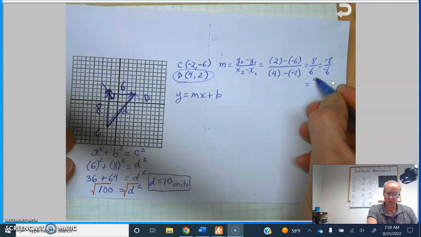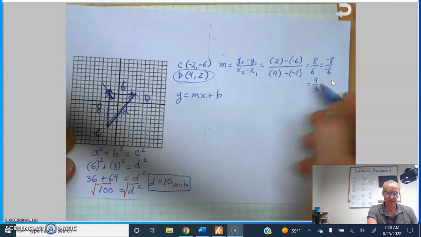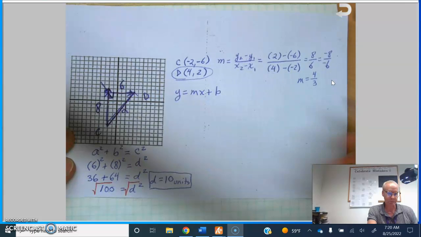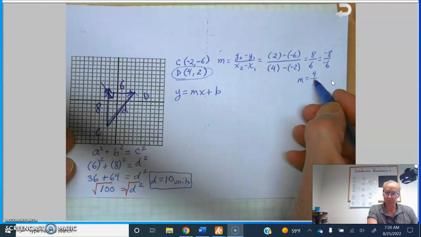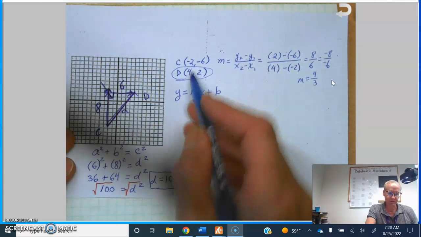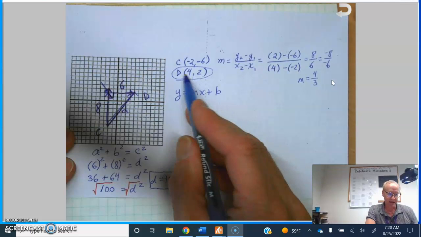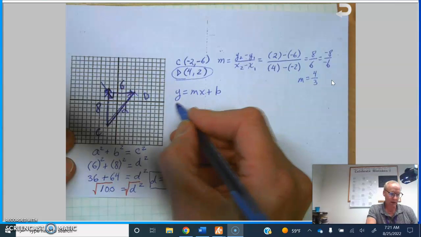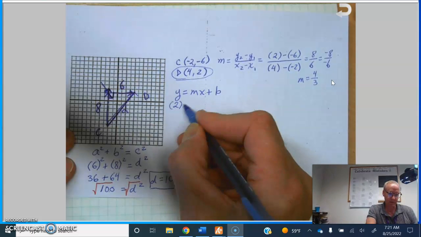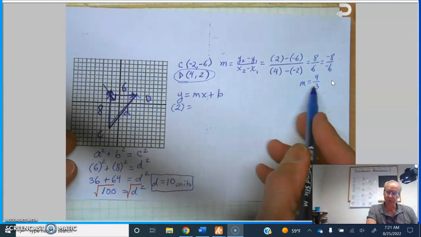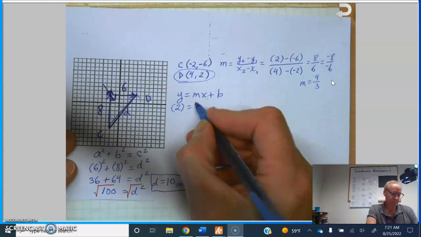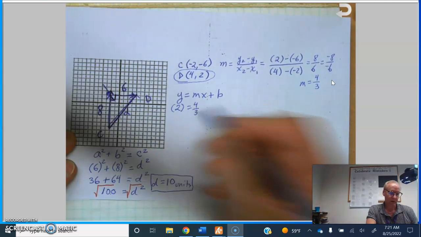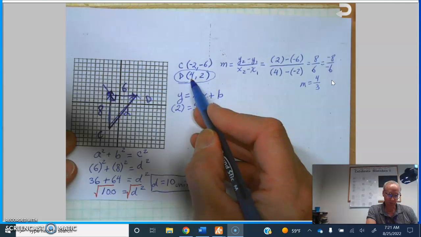8/6 is the same as 4/3, and we sometimes call that m for the slope. So I've got a slope of 4/3, and I have a point of 4, 2. This is x and y. So I'm going to put the y where the y is. I'm going to substitute. Where the m is, I'm going to put the 4/3. Where the x is, I'm going to put the 4